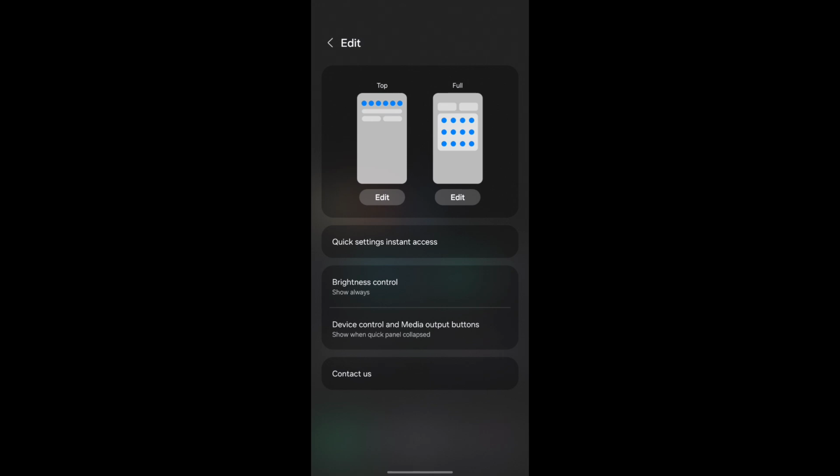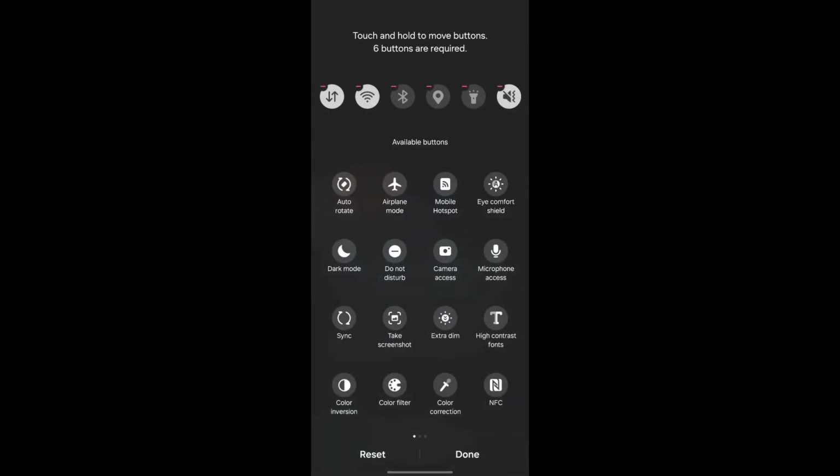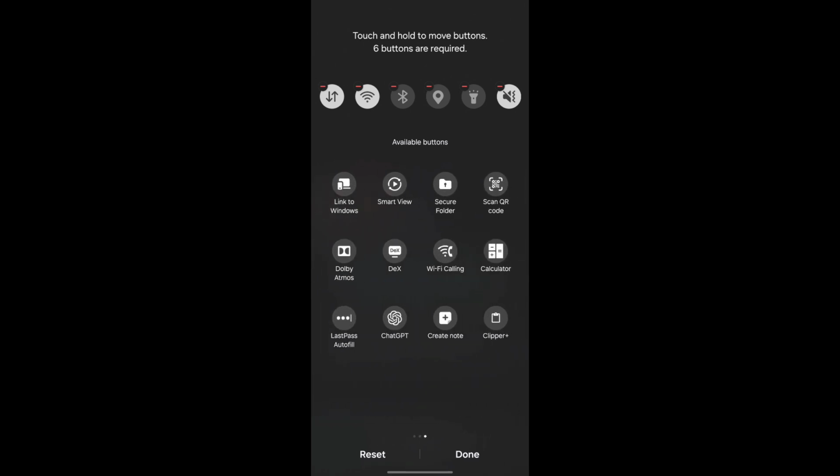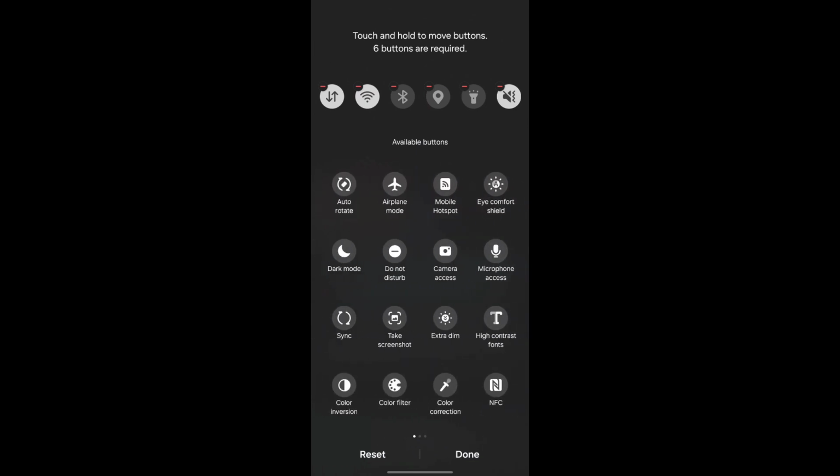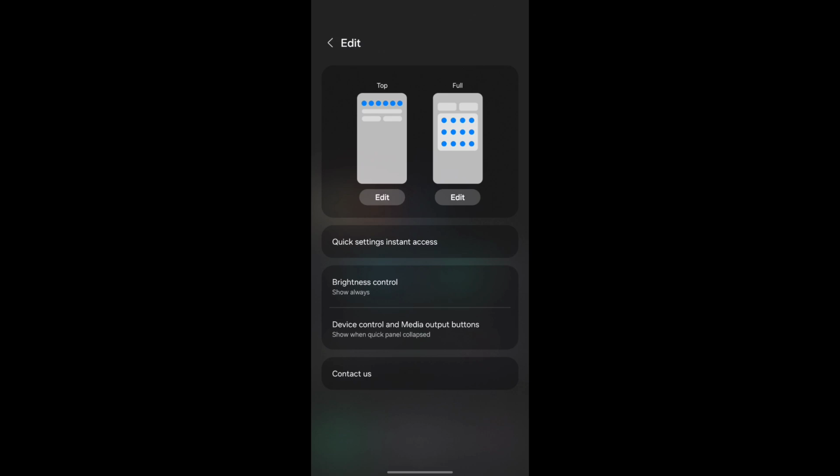So the first one is our top quick toggles, so the quick toggles that show up when you swipe down once, the stuff you have quick access to, the actual quick toggles. And you can see you have access to 6 really quick ones, and you can pick basically a quick toggle for basically any application you have on your device. Okay, and then you click done when you have it the way you want,